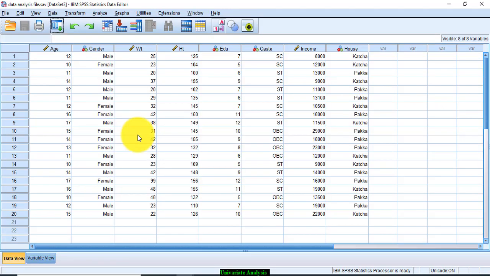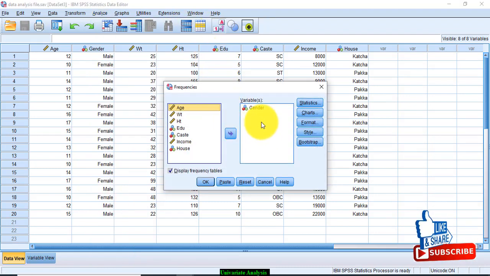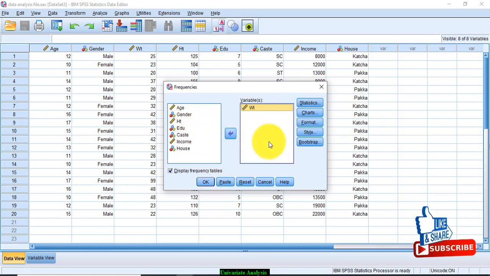A frequency table can be generated for all kinds of variables, whether it is a nominal variable or a scale variable. To generate the frequency table for a scale variable, you can simply click Analyze, Descriptive Statistics, Frequencies and transfer any scale variable, say for example weight, and display the frequency tables.